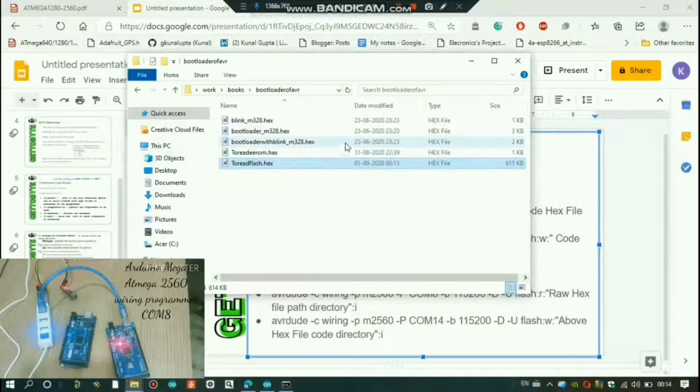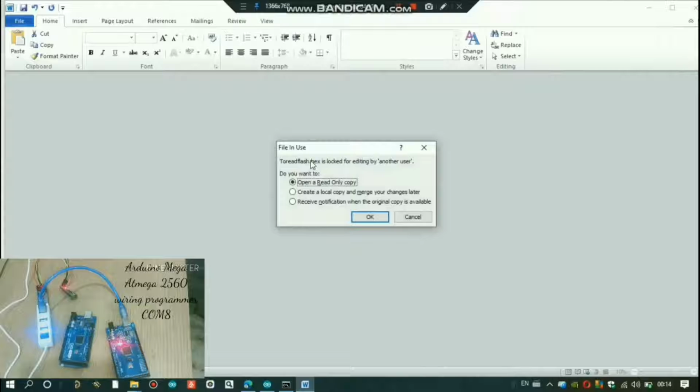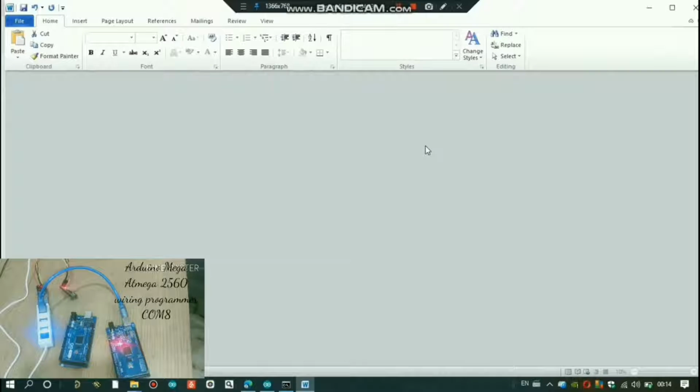just wait, I forgot to show you that before this it was an empty file. Don't worry guys, I have given a link below which is the hex file. Now the most interesting thing is, if you know how to decode the hex file, you can understand what type of hex commands are written here, and you can decode them. I will tell you some things about it in later videos. But if you don't know, just get the hex file, store it on your computer, and directly upload it to another microcontroller on which you want.